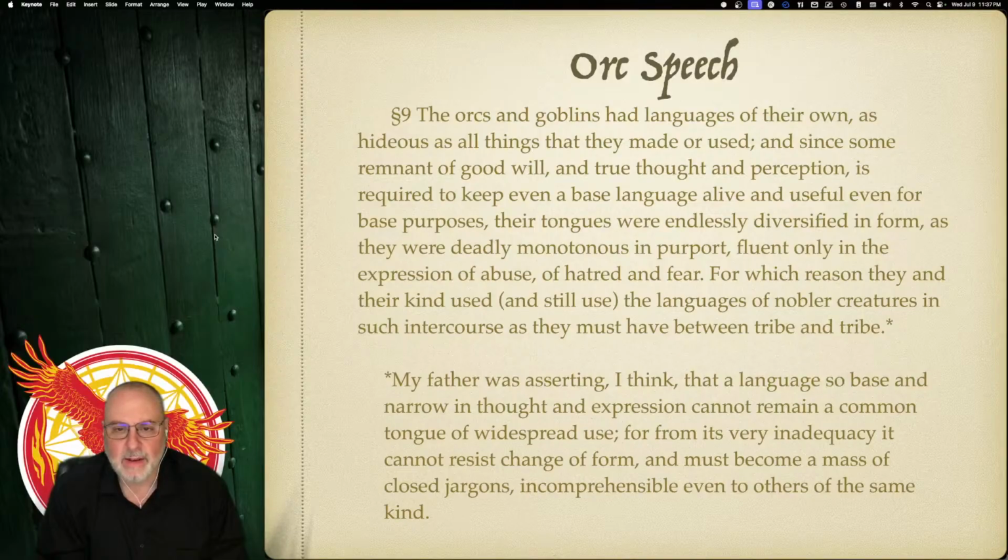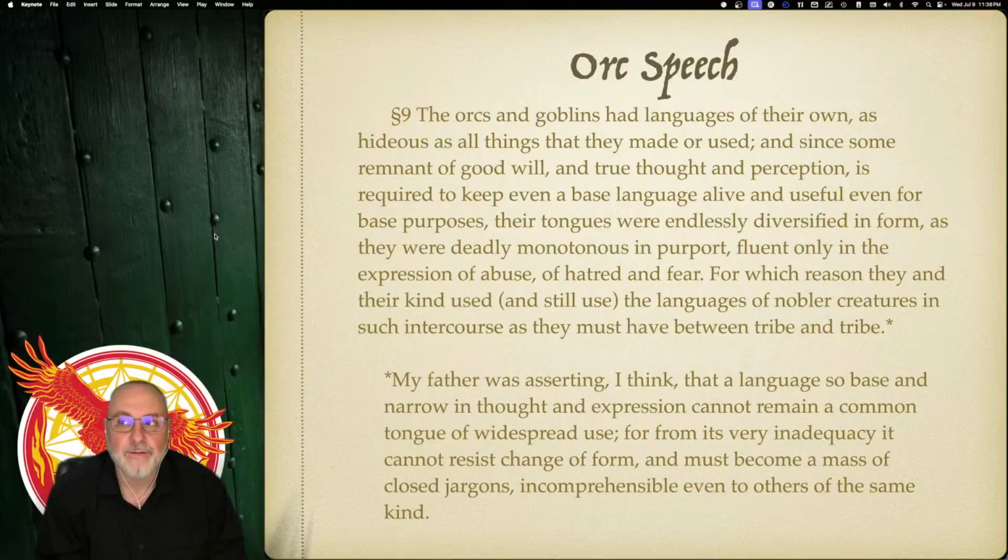In order to maintain a language, to keep a language alive and useful, you need some goodwill, he says. You can't just be using it as expressions of abuse, of hatred, and fear. And I think, as is often the case,